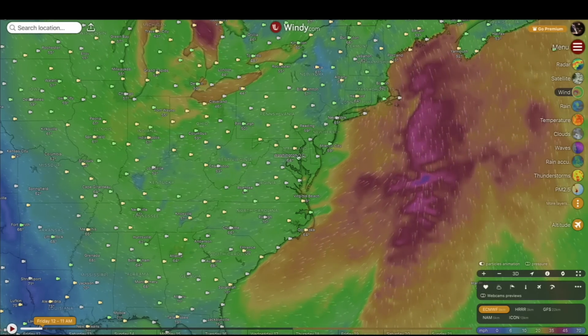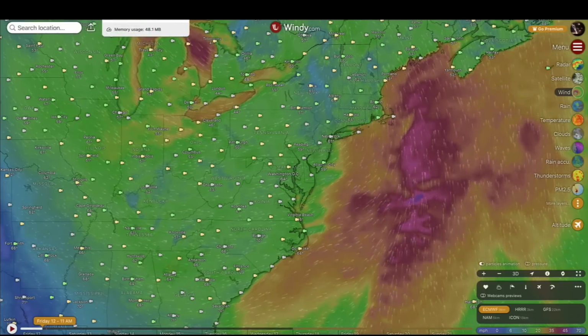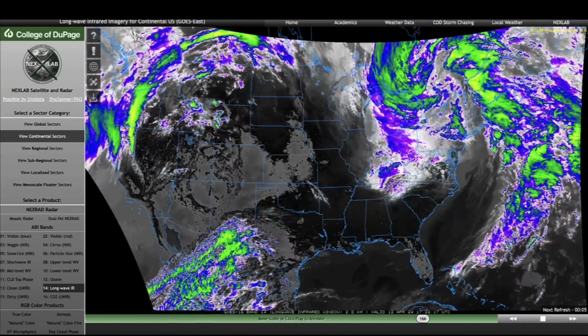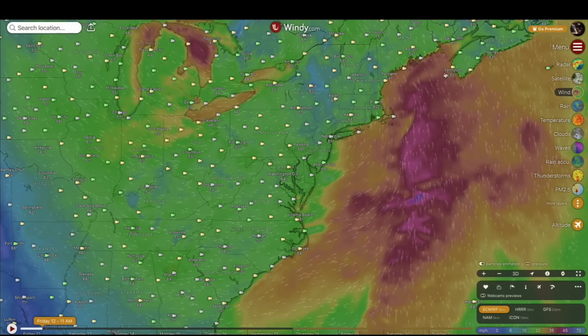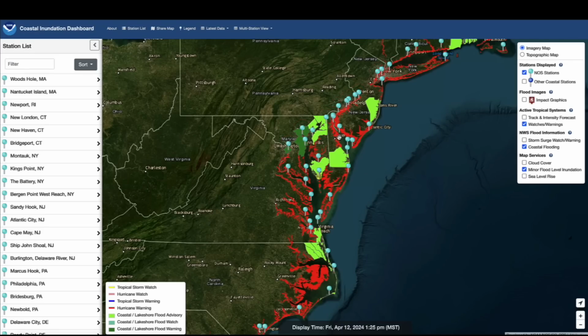However, the winds are from the west to the east. They're blowing offshore, and that counterclockwise rotation is bringing the strongest winds into the New England area, not necessarily down here in the Carolinas and the Potomac and the Virginia Beach area where they're experiencing flooding. So not exactly sure what's causing the flooding issues along the east coast of the United States, but once again,